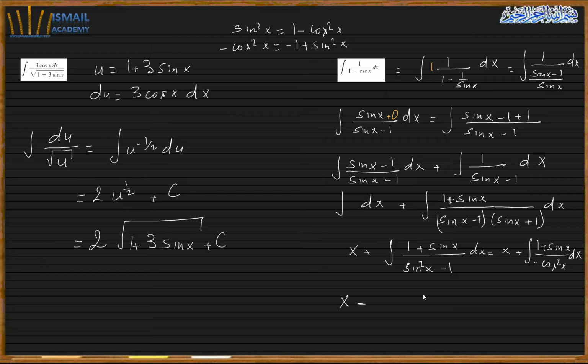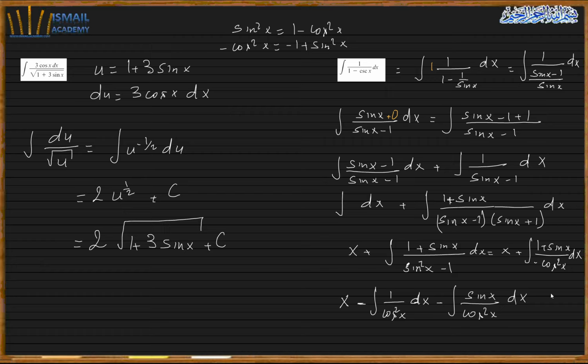x minus, and I split the integral, so it's going to be 1 over cosine square x, and minus, because if I multiply minus with the numerator, it's minus minus both, so we put minus here, the x first. It's going to be sine x over cosine square x dx. As you see here, this is secant square, so the antiderivative of secant square is tangent, and here we do substitution,